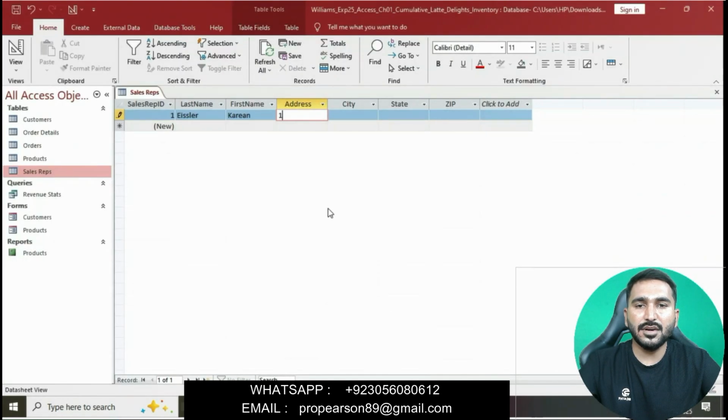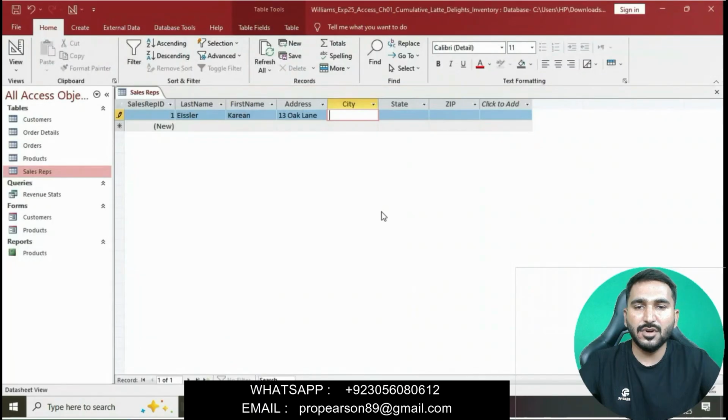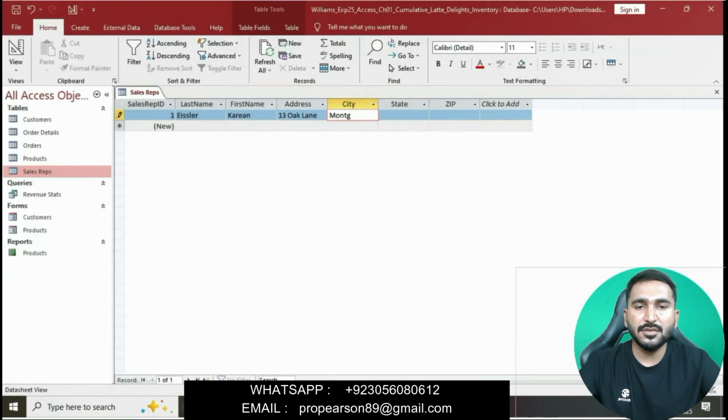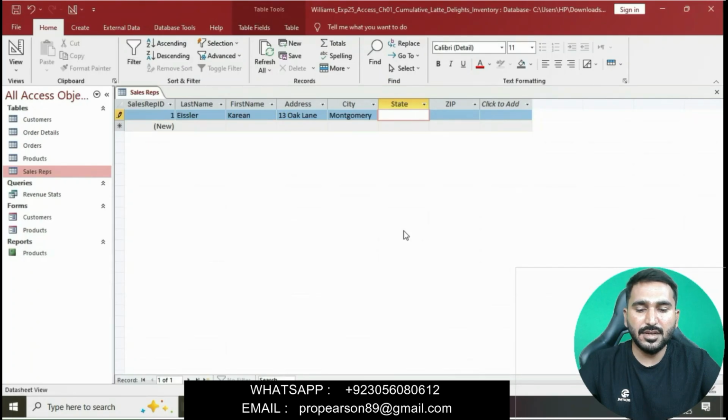We will enter 13 Oak Lane in the address column. Then Montgomery is the city. We will copy and paste, or simply type, Montgomery. Then the state is PA, and the zip code is 17752.